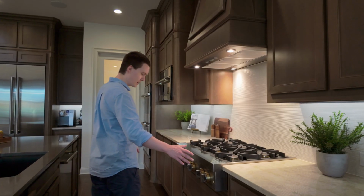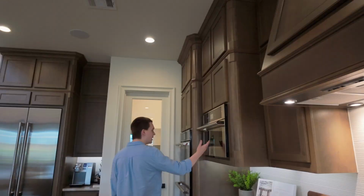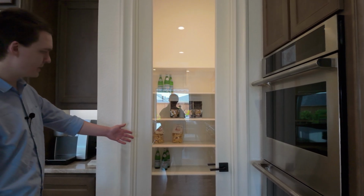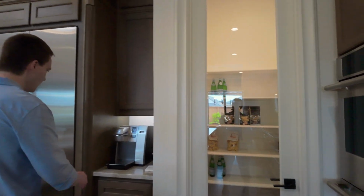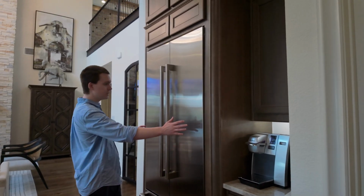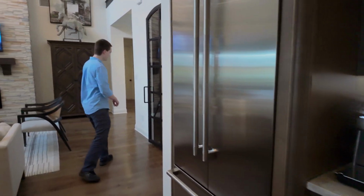Over here is your upgraded range top with 6 burners and an updraft above. Up here is your microwave with double ovens beside and your walk-in pantry next to it. Over here you have your coffee bar area and your fridge that's flush with the cabinetry. Over here,